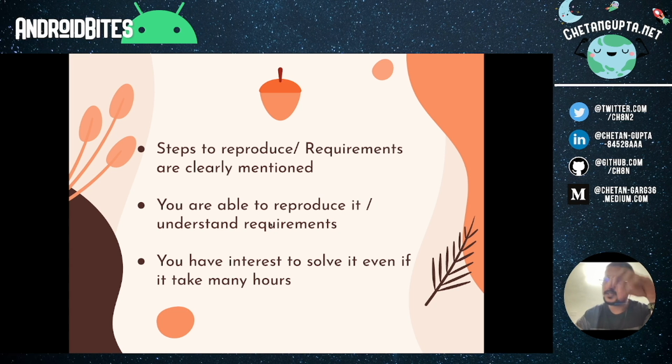And if the description is not there, you can drop a message to the maintainer: hi, I am interested in solving this issue, but I didn't find the things you have mentioned in it. Can you please tell me the steps to reproduce it, right? Something like that, a message for the maintainer, so that he can give you proper steps to reproduce the issue and you can solve it. And also just keep in mind, even if the issue is clearly mentioned, it might take a lot of your time to solve. So pick it up when you feel you are interested in solving this problem, right?